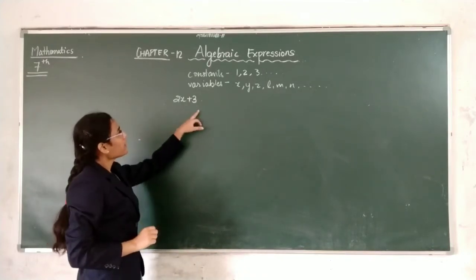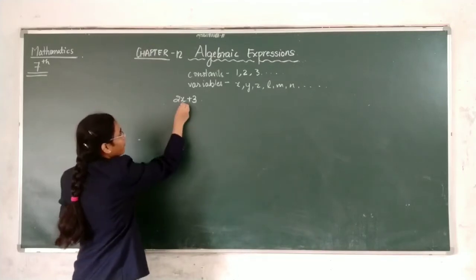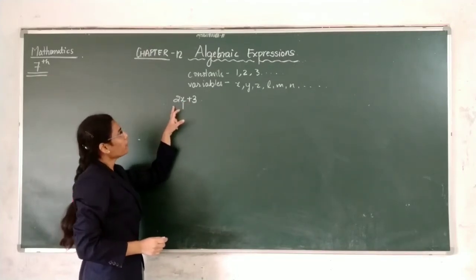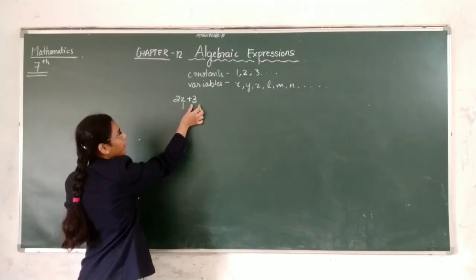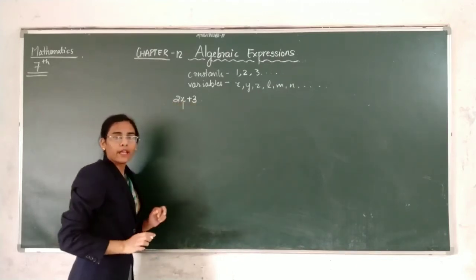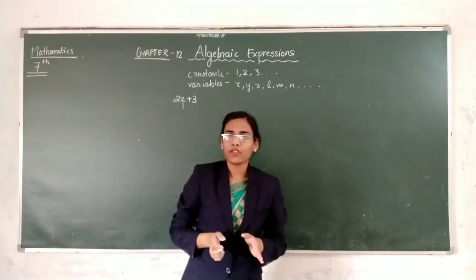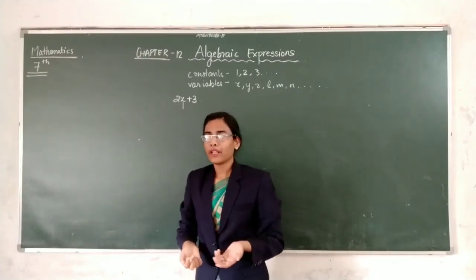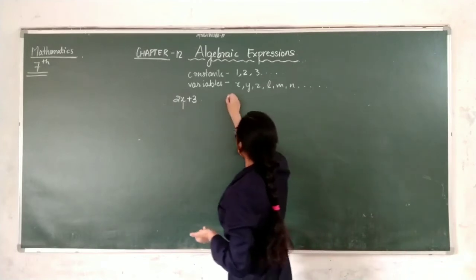How is it formed? See, we have taken a variable x and multiplied this variable with 2, and then added 3 to the product of x and 2, and we have got an expression that is 2x plus 3. In a similar way, we can form some other examples also. Let us see 5